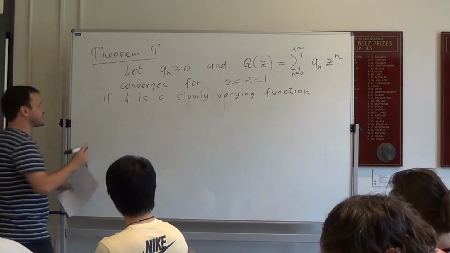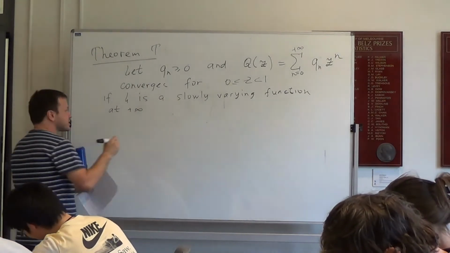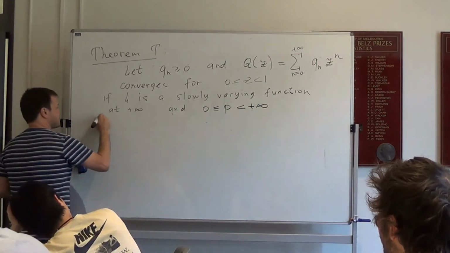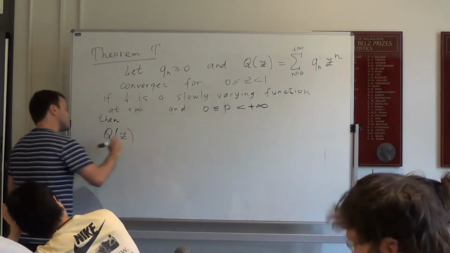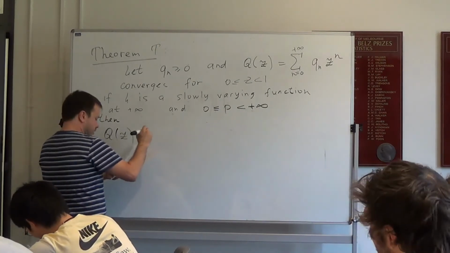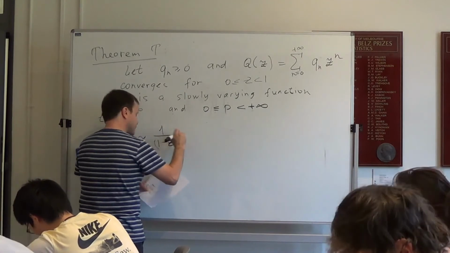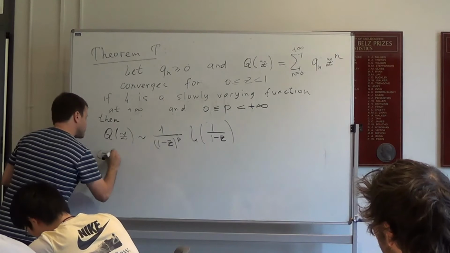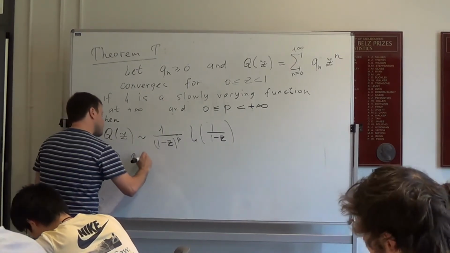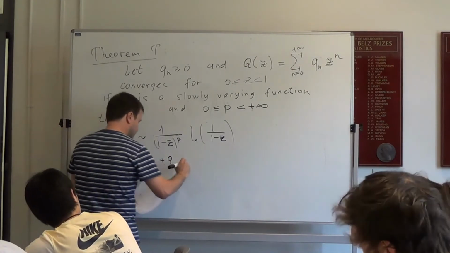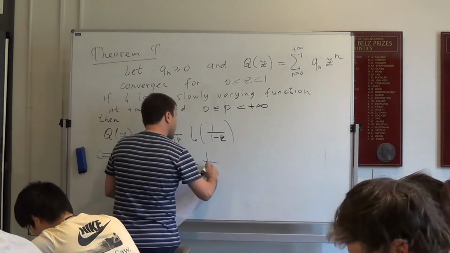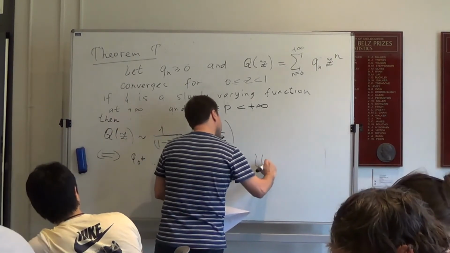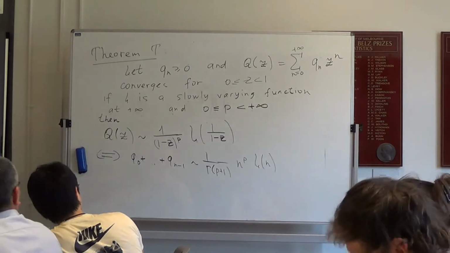So if L varies slowly at infinity, whatever it means, and 0 ≤ p < +∞, then Q(z) asymptotically behaves like 1 over (1 − z)^p times L(1/(1 − z)) if and only if the sum Q_0 + ... + Q_{n−1} behaves like 1 over Γ(p + 1) times n^p L(n). Okay, so, well,